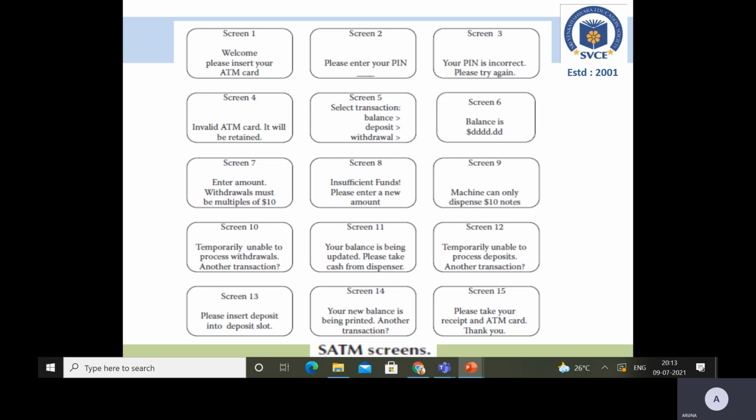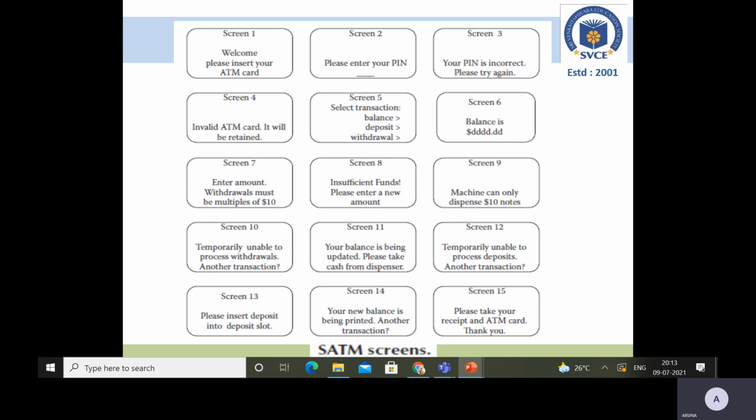At screen 5, the system will add 2 pieces of information to the customer's account file. If the PIN is successful, that means it is matching, then screen 5 gets displayed. So it will add 2 pieces of information. One is the current date, because you should know when the transaction is done, and the other is an increment to the number of ATM sessions. How many ATM sessions you have done, that increment will be added as the second piece of information.